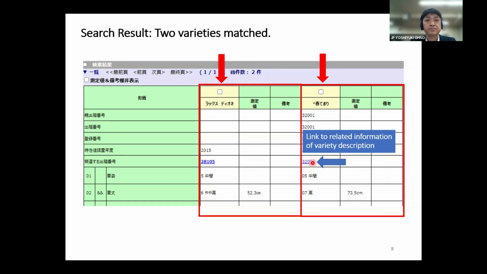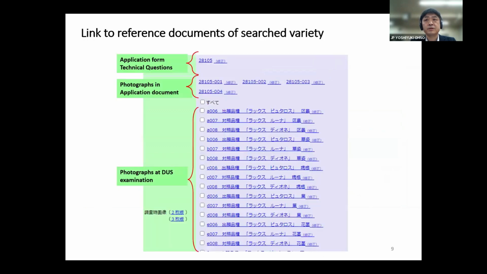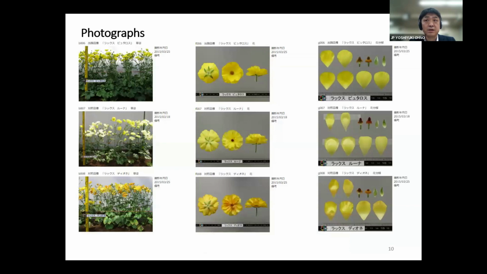Click here. So then the screen moves to the linked reference documents of the searched varieties. So we can see the application form, technical questionnaire and photograph of the examination. So if I click here, you can see the photograph of the yellow ranunculus